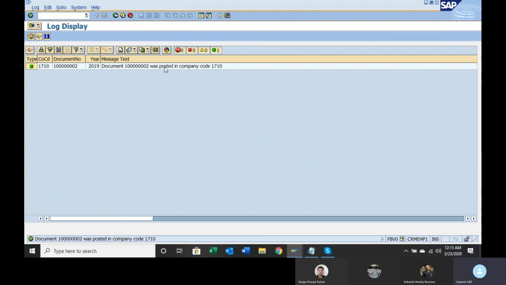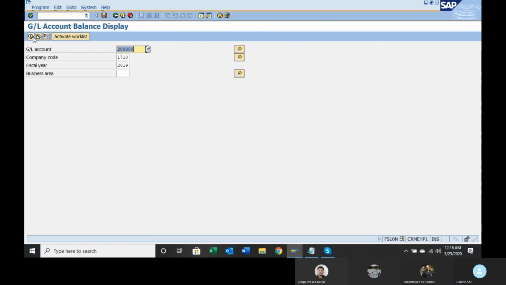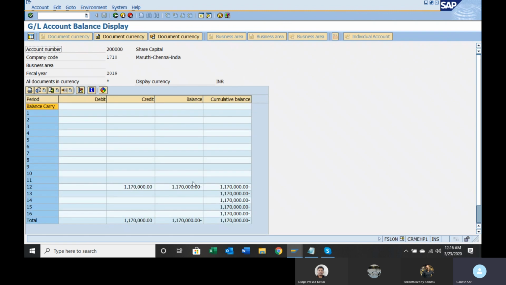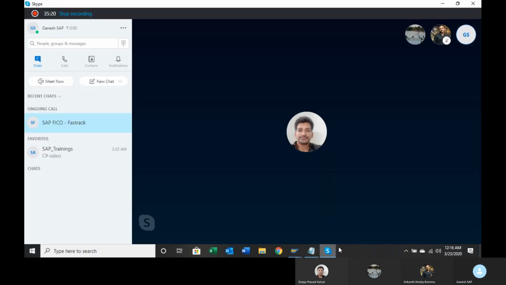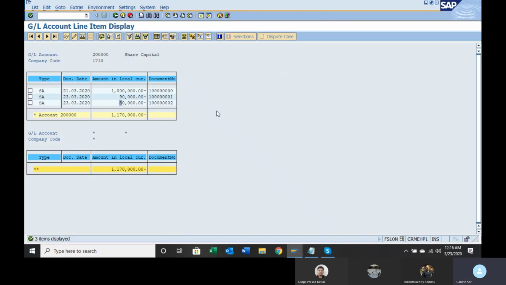You can see clearly this document was posted, right? If you go and see FS10N now, this particular GL account got updated with the 80,000. 10 lakhs, 90,000, 80,000. Clear?